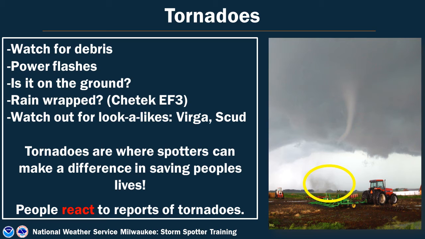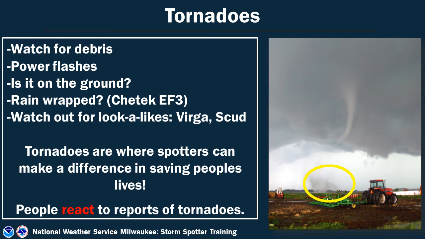When it comes to looking for tornadoes, make sure you watch for debris. Take, for example, this image on the right. You see the funnel cloud coming down and then it kind of disappears. So you think, oh, that's a funnel cloud, not a tornado. I'm not that worried about it. However, if you look down at the ground where the circle is, you actually see that that funnel, while invisible, is actually picking up quite a bit of debris on the ground,